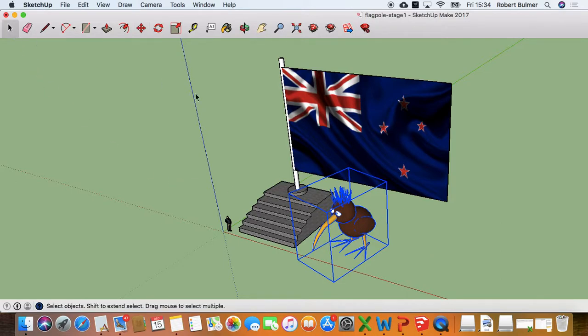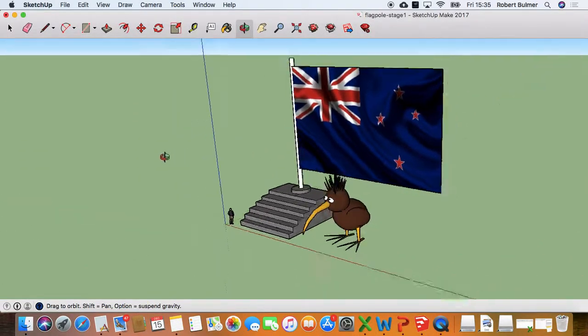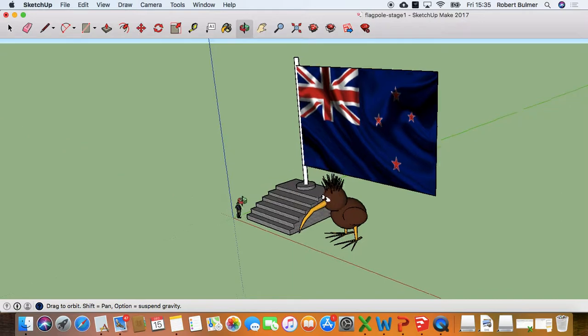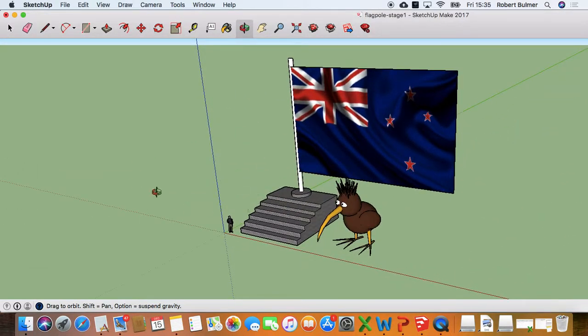Finally, click on the select tool, and I can now rotate this round into whatever position I want. And there we go. There's a sort of monument dedicated to New Zealand. And that is the end of this tutorial. So we've learned materials, we have learned importing imagery, importing textures, and we've also learned how to import 3D objects from the warehouse. That concludes this